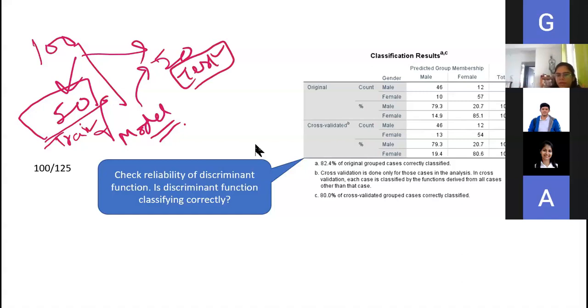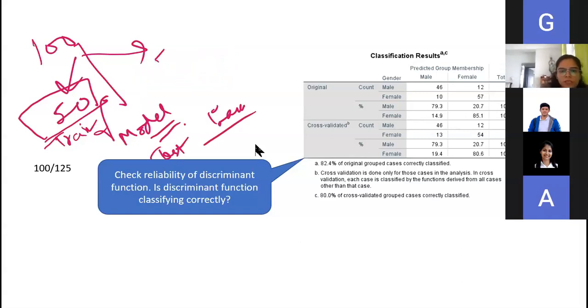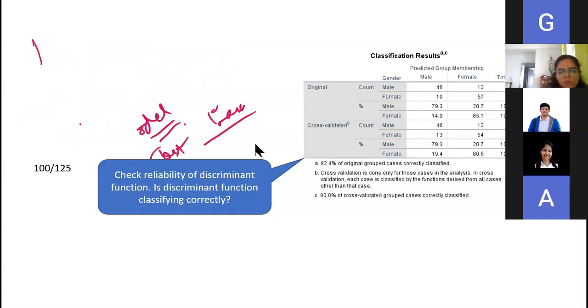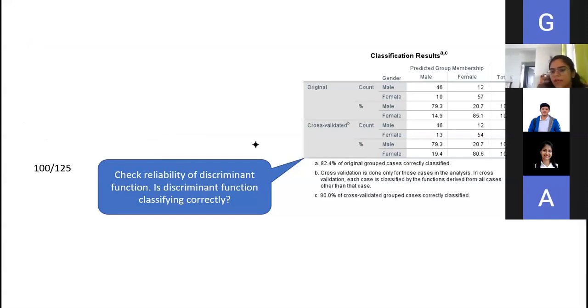I already have a sample of 100. I split it into two halves. On one half I run my discriminant analysis, I come up with that model, and then I run that on the other half. And then I cross validate. Now I call this one the test data and that one the train data, and I run it again. This is just for cross validation. So we are saying what my observed value was, and running this model, what numbers I'm getting, and through this I get a hit ratio.